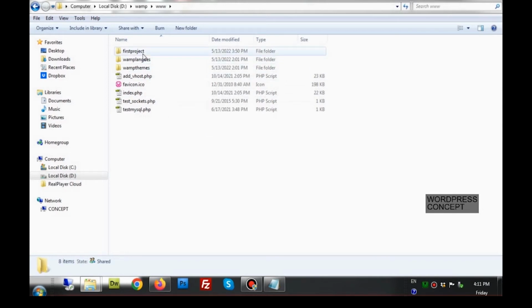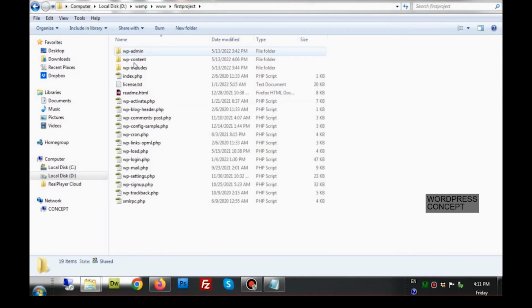Now in this first project, I'll paste all the WordPress files that I have copied from where I have downloaded them. Now these are all the WordPress files that were required to run WordPress. Now at this stage, we must understand that WordPress is a combination of two things. One is these files.